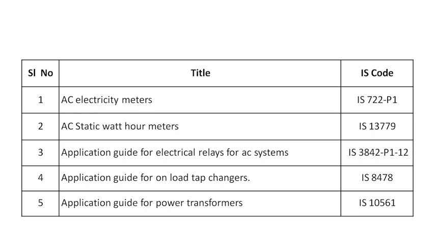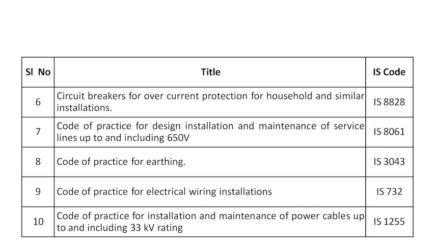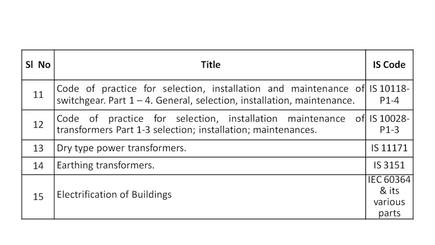For AC electricity meters, there is a standard called IS 722, and Part 1 deals with AC electricity meters. Then static watt hour meters, it is IS 13779. Then the application guide for relays in AC systems, tap changers, power transformers, circuit breakers, then the code of practice for earthing, which is IS 3043, and the code of practice for electrical wiring installations, that is IS 732, then installation and management of power cables up to and including 33 kV, that is IS 1255, and the code of practice